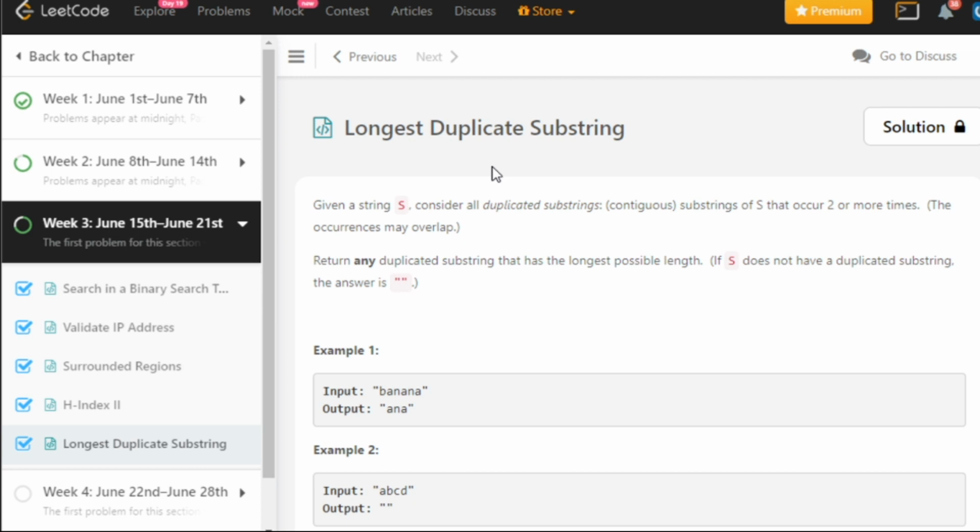But if we know that there is no substring of size 5 that occurs twice, then there will be no substring of size greater than 5, like 6 or 7, that occurs twice, because obviously if there were any, they would have to contain a substring of size 5. So by this observation we can reduce our work with the help of binary search. We can search for the length of the string.